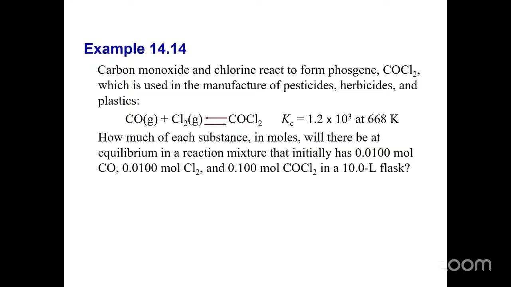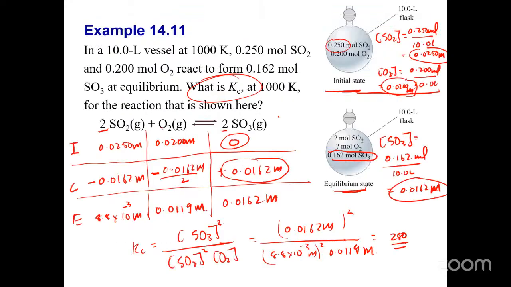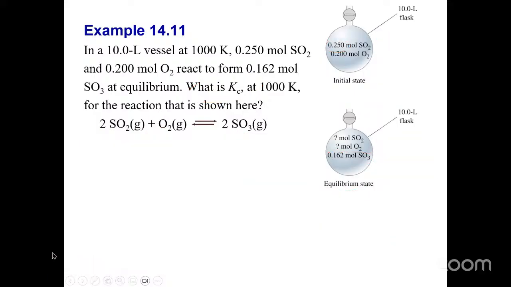Well, in this case here, let me go back to this slide. In this case here, they gave you the initial state. In the initial state, you only add SO2 and O2, nothing else is present. And then at equilibrium, you have SO3. So obviously, the SO2 is going to react with the O2 to produce SO3. All right? And on here, I think it said in the words that it starts with. Right? Exactly. Yes, ma'am.